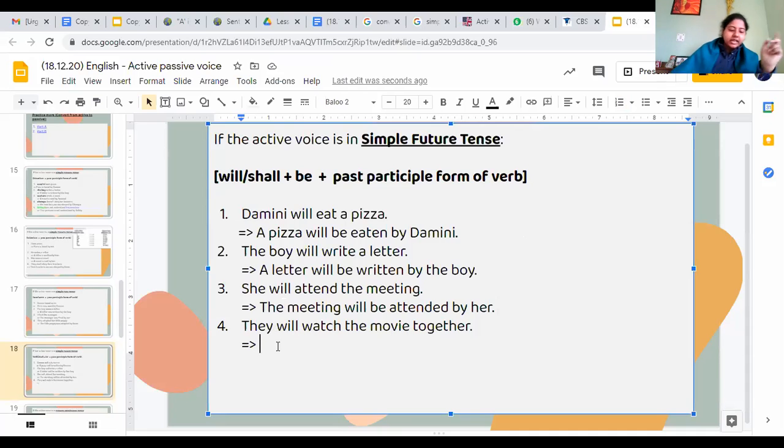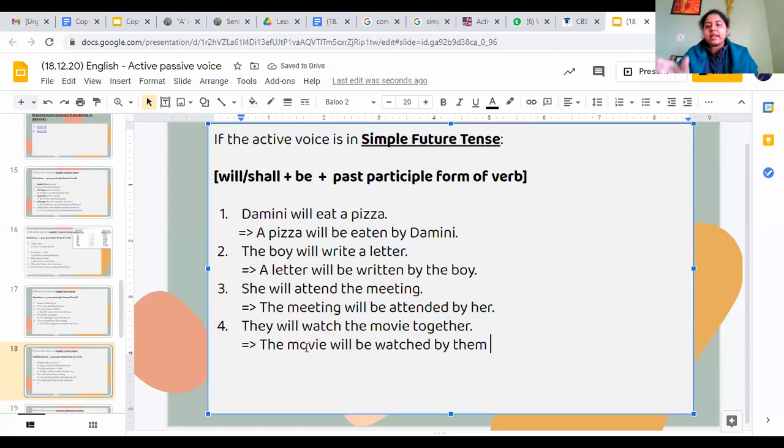Now see, Pranali has given the right answer, and see what she did. The word together is not a part of the object. It's not the subject. It's not the verb. So we keep it for the end only. ठीक है? End में हम उसको लगा देंगे. So now here the object is the movie. Form of the verb will change. Will be. Then the participle form is watched by. They का हो जाएगा them. And then एक word जो मेरा रह गया था, together, I will write that in the end. The movie will be watched by them together.